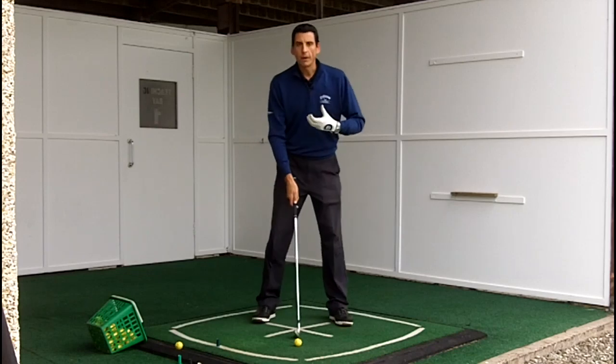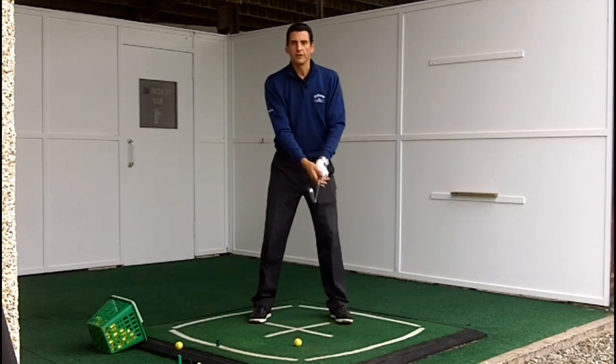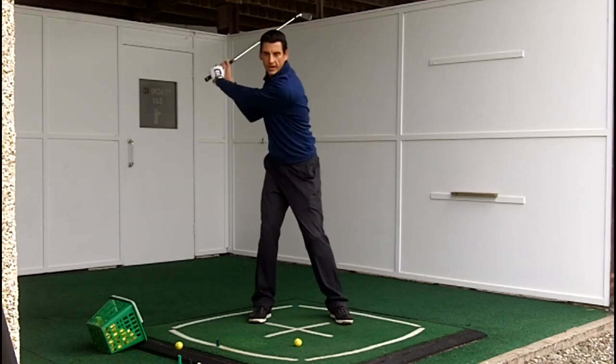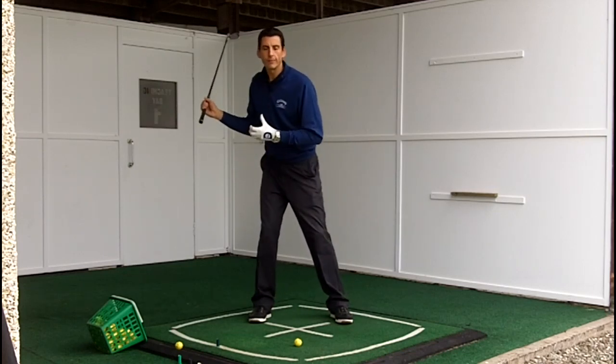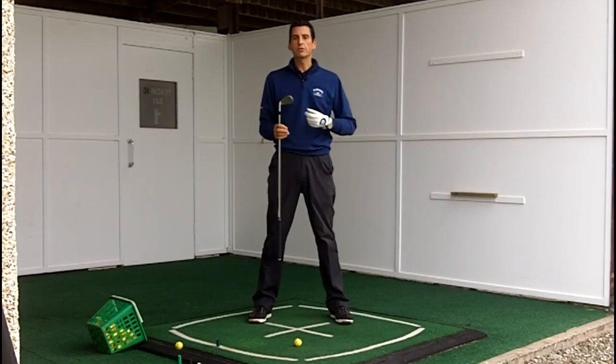So in years gone by, on the movement away, what we'll see often in players is far too much of an effort to really shift weight and load over onto the right leg on the backswing. Now, the problem we have with this is that on a tempo ratio, your downswing is roughly